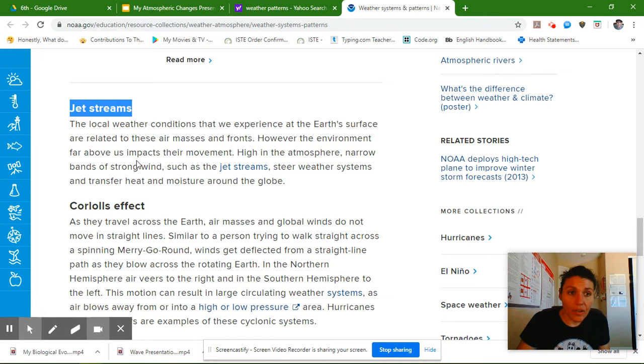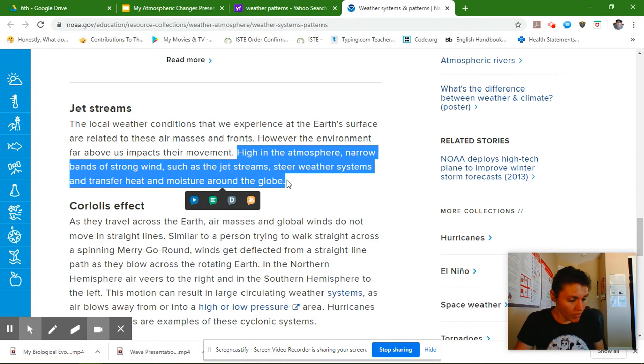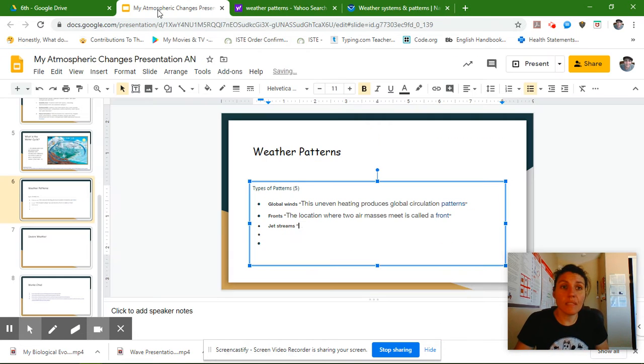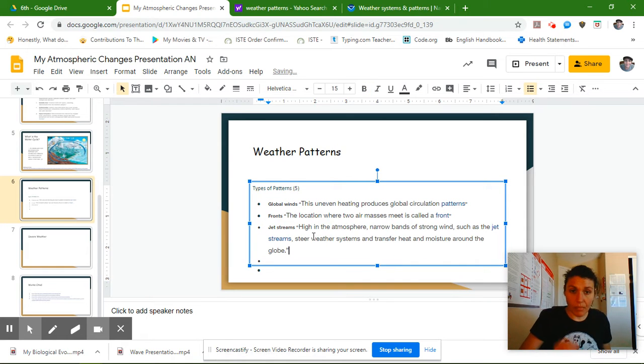High up in the atmosphere, narrow bands of strong winds such as jet streams steer weather systems and transfer heat and moisture around the globe. So this is what I want right here. That tells me the definition. I'll paste that in, add my quotation marks,